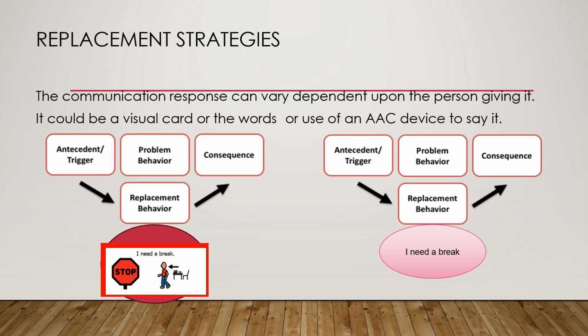Or some of my students would start to grab at my arms, and so when they would start to grab at my arms, I would redirect their hand to the card that said, I need a break. And then I would say, you need a break. And I would immediately get up and allow them to go to our designated break area in my classroom. And I would set a timer and say, all right, 3 minutes. And I would walk away, let them engage in their break. And then I would come back in 3 minutes and redirect them back to the work, redirect them back to their schedule. I'm collecting information during this time.